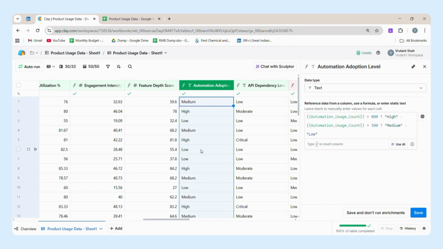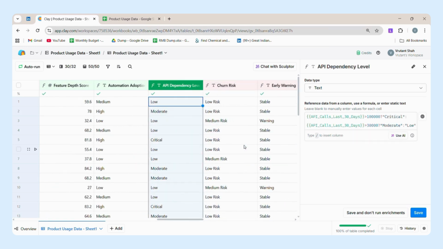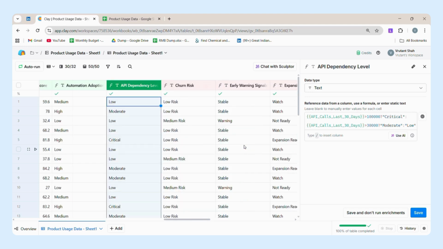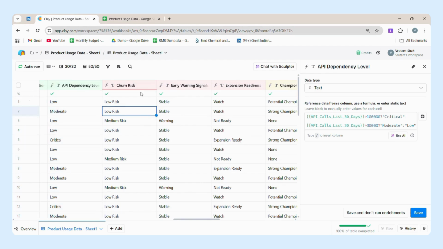Further, one more data point that we have taken into consideration over here is API dependency level. So, are the people using the platform integrated through an API or are they directly using the platform? That's a quick question you can ask or scope on to understand the usage patterns of your customers. Once we have these metrics defined, we have created a signal metric,